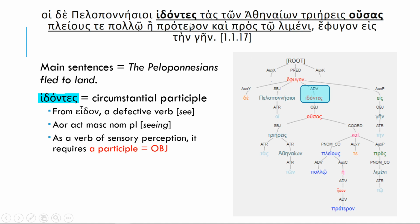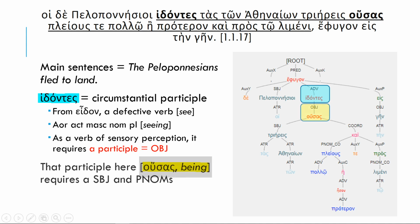What are we seeing? Seeing the triremes of the Athenians being more by many. So seeing that the Athenian triremes were many more than they were the day before, and they were near the harbor. So the participle here, ousas, requires a subject and its own predicate nominative, right? The triremes are, but it's in the accusative because it's the object of idontes. Seeing that the triremes were more and